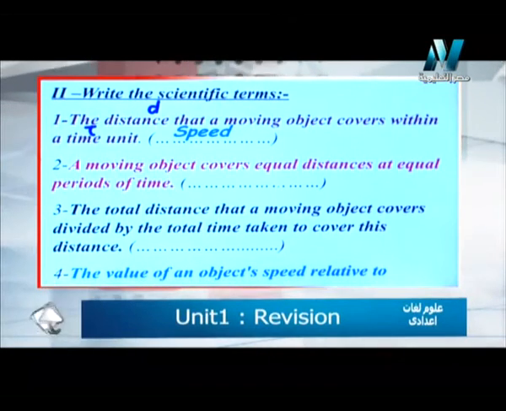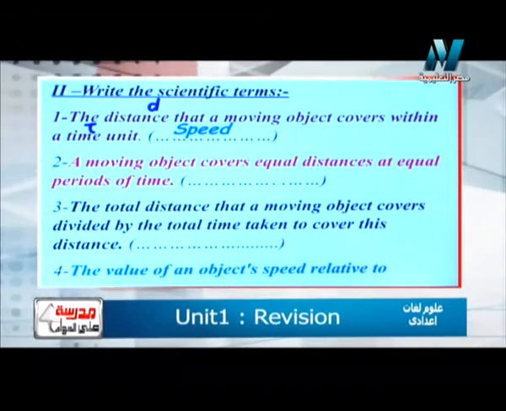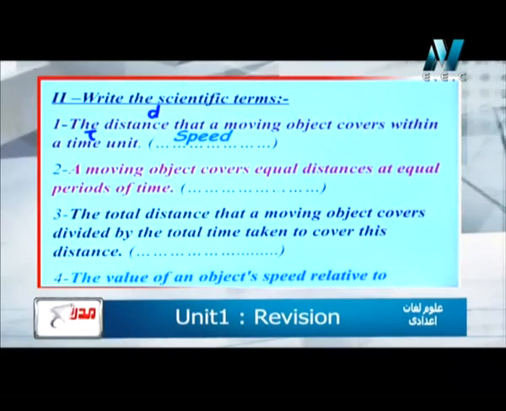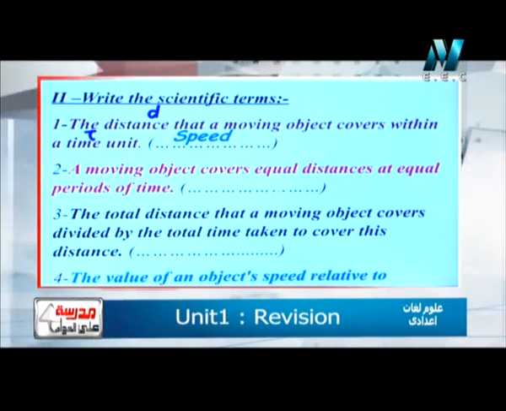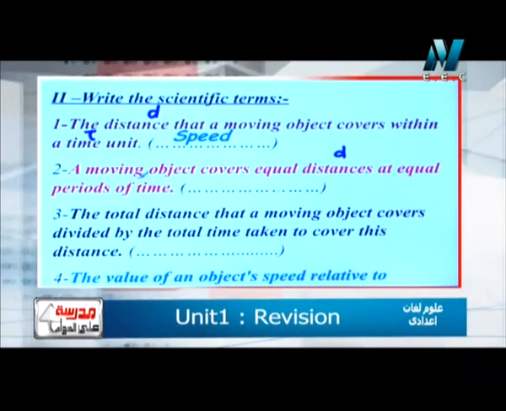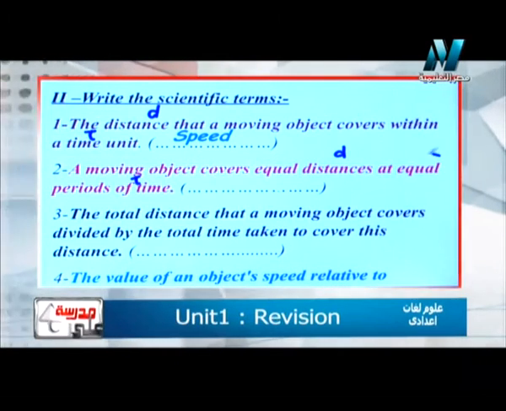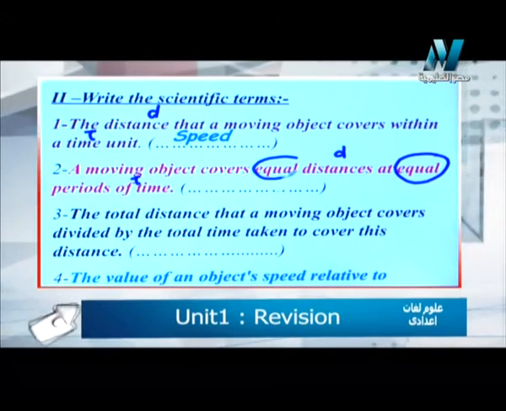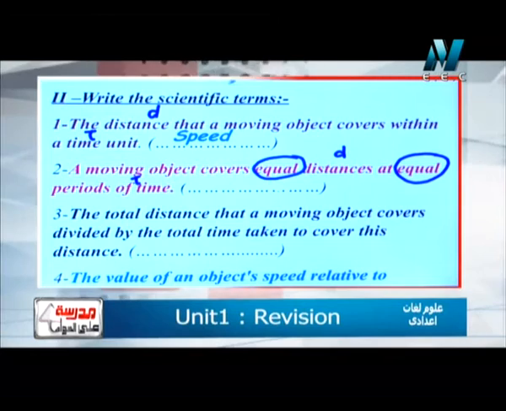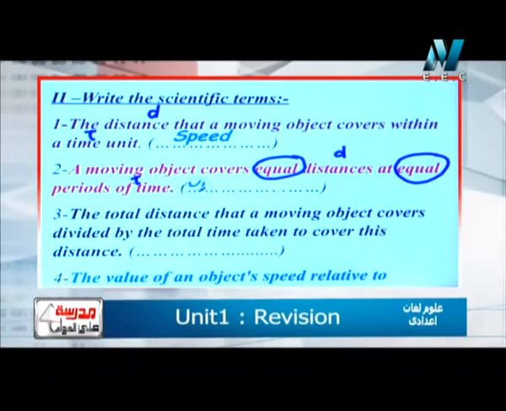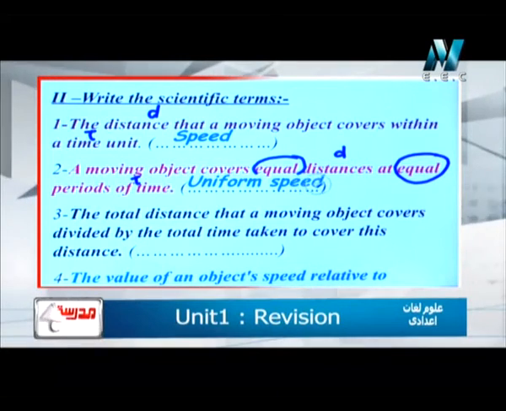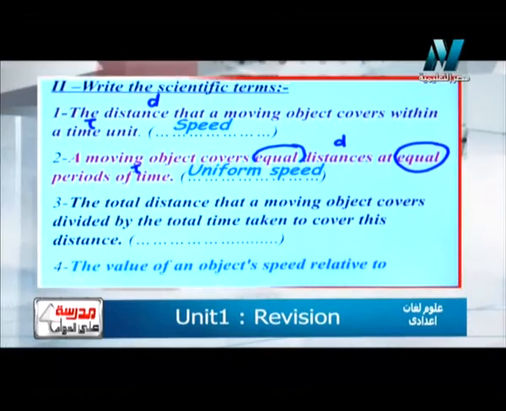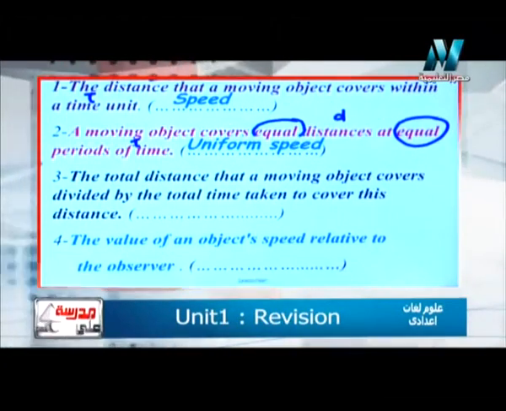Next question is, a moving object covers equal distances at equal periods of time. Here we talk about a type of speed, but in this type of speed we talk about two factors: distance and time. At the same time we have equal distances and equal periods of time, both equal. So we talk about what speed? Yes, uniform or regular speed. So here we answer according to the type of speed as uniform speed, because the body covers equal distances at